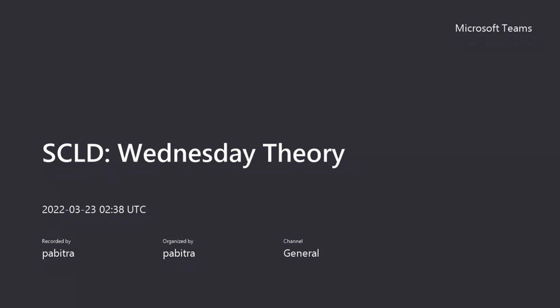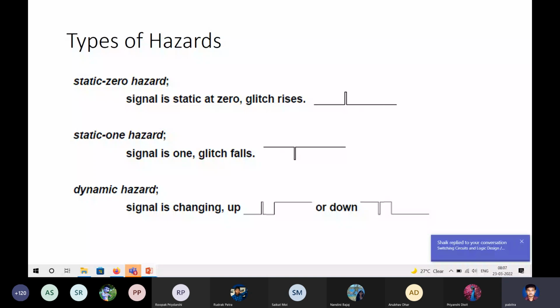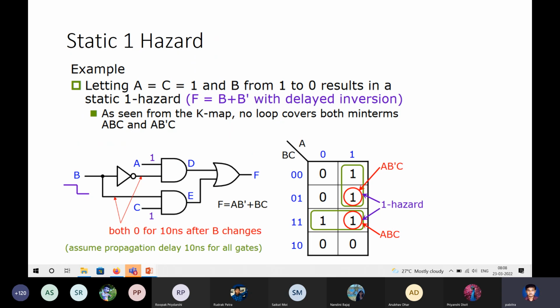As we saw, hazards happen when there are glitches. When there are hazards, there are glitches. Glitches meaning that you have a desired behavior of a monotonic output, but rather you have a, this is an example of a static 0, this is an example of a static 1, and this is an example of a dynamic hazard. And we gave an example of a simple logic circuit which is AB prime plus BC,